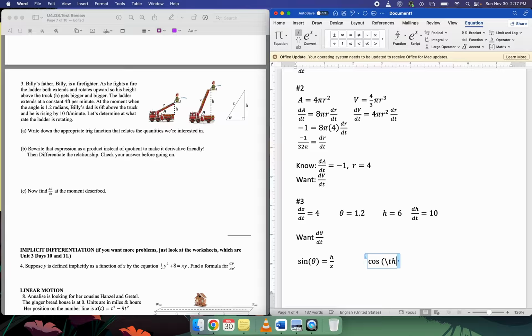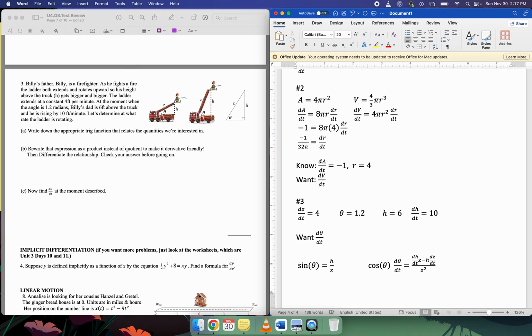You'd get cosine theta times d theta dt. I'll just show you what it looks like just in case you want to do it that way. Equals dh dt times z left alone minus h left alone times dz dt all over z squared. That equation will work, but it's actually a little easier if you multiply both sides by z first